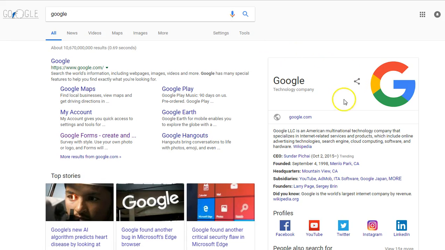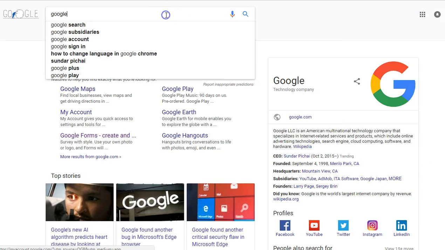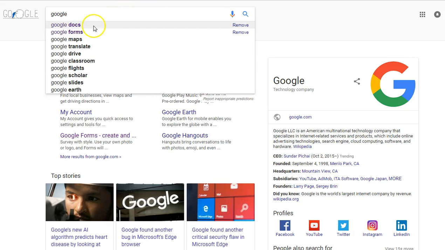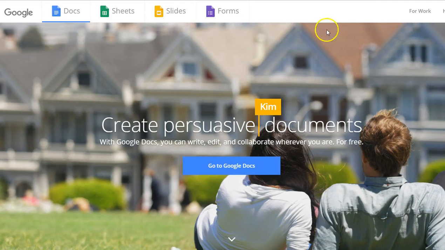This is regular Google, and this is where you will find all of your apps. Google Docs is considered to be an app, so you click on it. If you don't see Docs as an option in here, the other way that you can do that is to search for Google Docs. Since you're already logged in, it'll go ahead and pull it up. You can go right to Google Docs